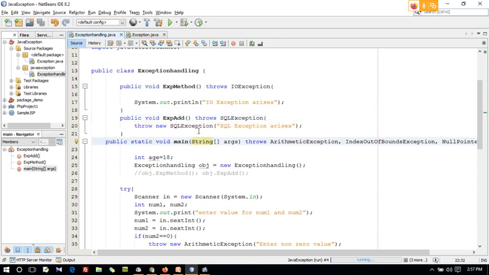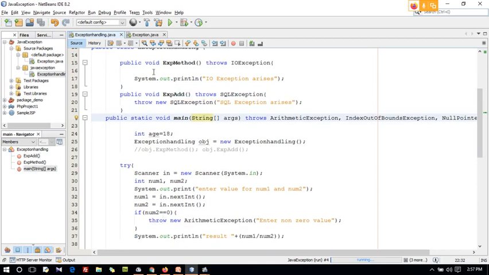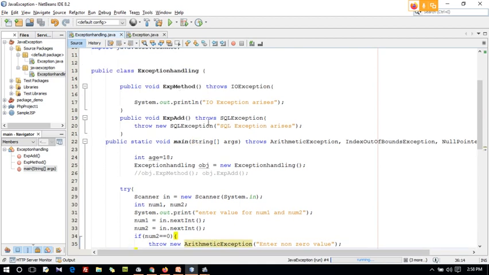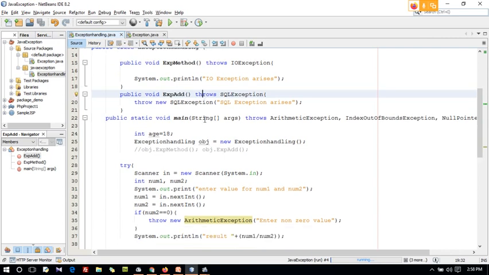Hope you are clear how to use the throw keyword and throws keyword. Guys, please keep in mind the question will be there: what is the difference between throw and throws? So don't get confused. If it is throw, it is used for explicitly throwing custom exceptions, custom exception messages here. And if it is throws, it is plural, it should be declared with the methods. Okay, clear? Guys, clear?